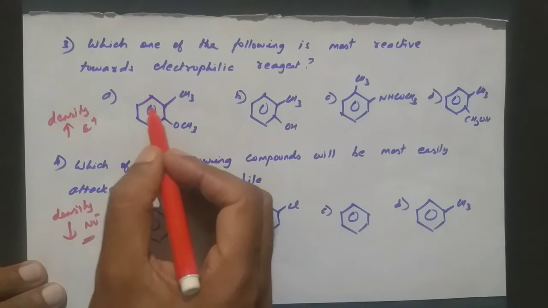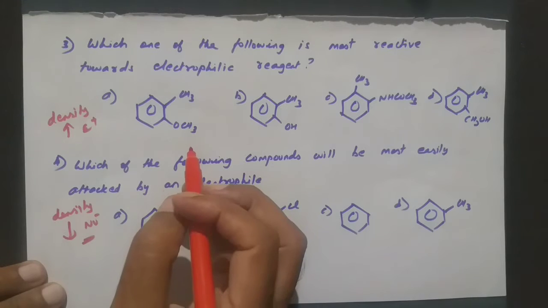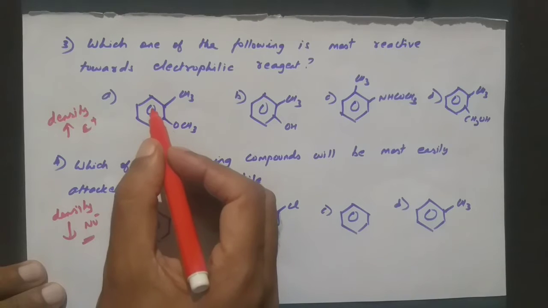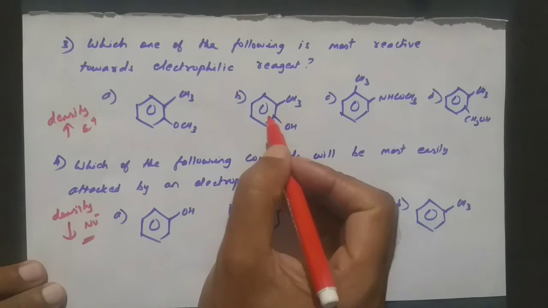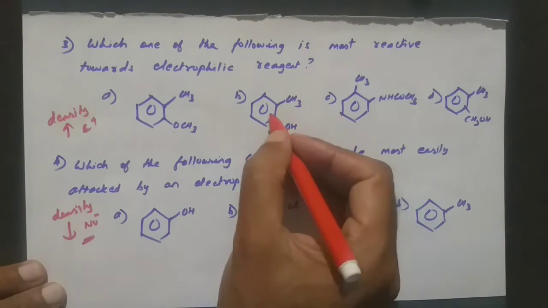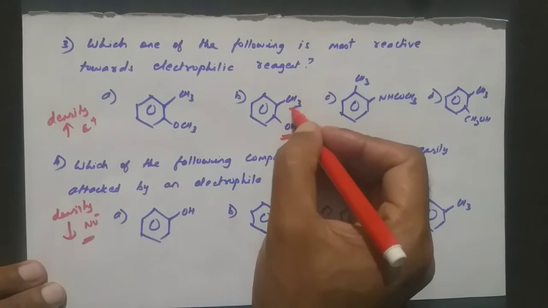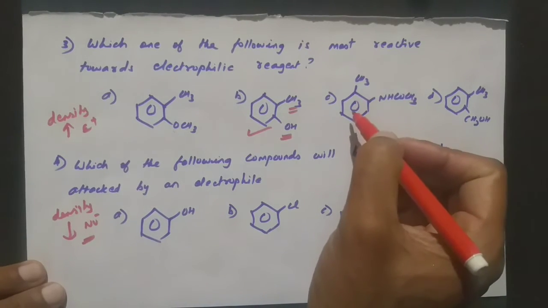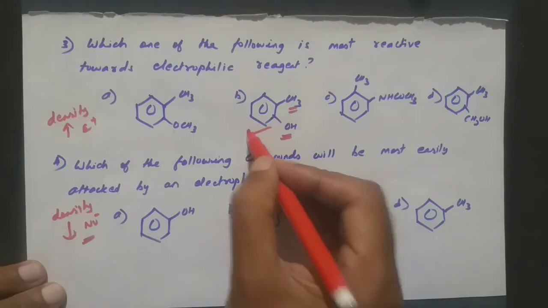So the one which has more electron density will be easily attracted by the electrophile. Here let us see, the methyl group, yes, donates electrons. The methoxy group donates the electrons, making the benzene a little bit negative. Here also the methyl group is there, and OH is there, but we studied that OH is the best electron donating group. So in this benzene we get electrons from OH, the best electron donating group, as well as from the methyl group. So this will be the correct answer. In all four cases they are getting electrons, but OH is the best donating group, and to support it we have the methyl also. So you can give this answer.